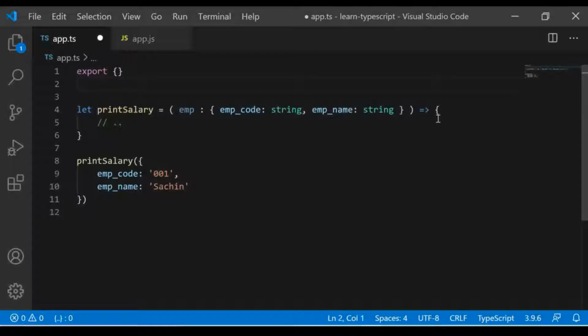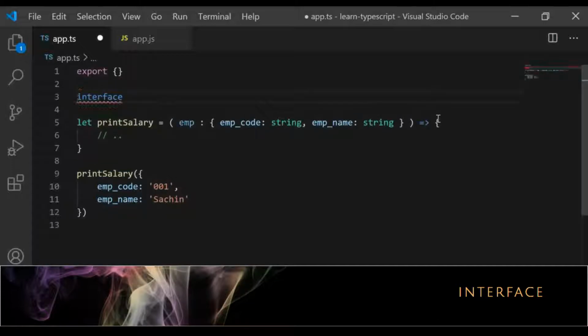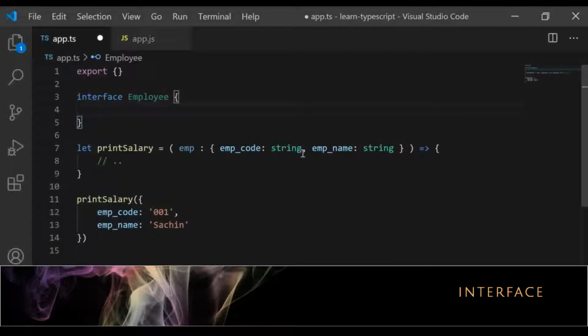Now interface is really common in different programming languages like Java and C#. So in case you don't know what an interface is, let me create the interface first. So I'll give the name as employee. Okay, this is how an employee interface looks, and here we're going to describe the signature of an employee.